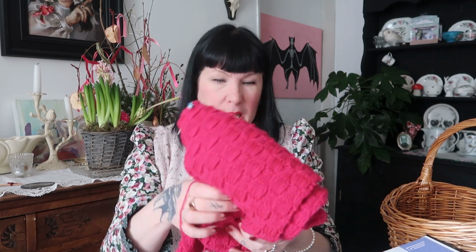I love it so much that I probably will buy a cream wool and do a cream one in this, because this I started on Christmas Eve and I'd knitted the back by the end of Boxing Day, so it went really quickly, and I've just put it down and not finished it because I'm doing some work